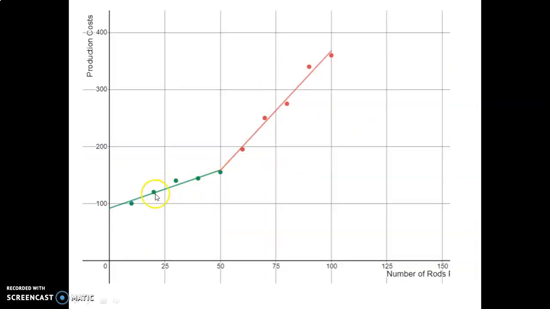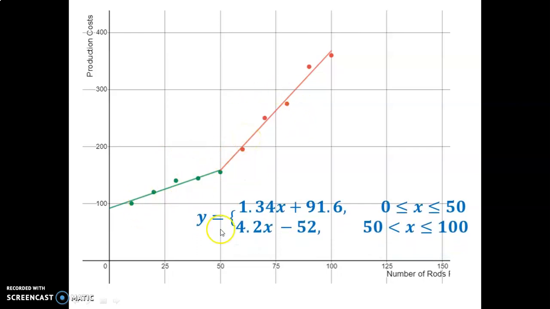And finally, we got to the obstacle of what about if we have data that could be modeled with one line, however, may be better modeled by two lines. So we have this first portion of the data set modeled by this line, and the second portion by this line. So we've essentially said there are two lines of best fit, one on this domain and one on this domain. And we created a piecewise function for that. So this equation represents this line here, and we have a domain defined here from 0 to 50 for this line, and from 50 to 100 here